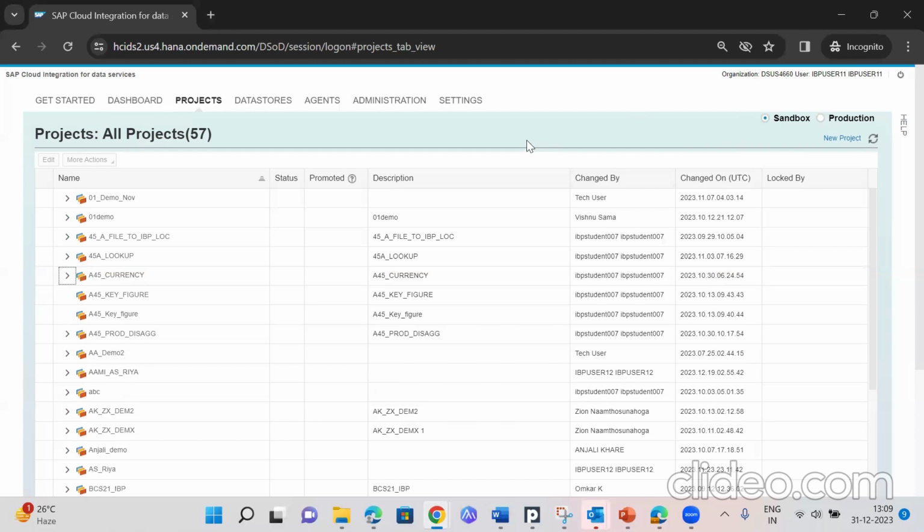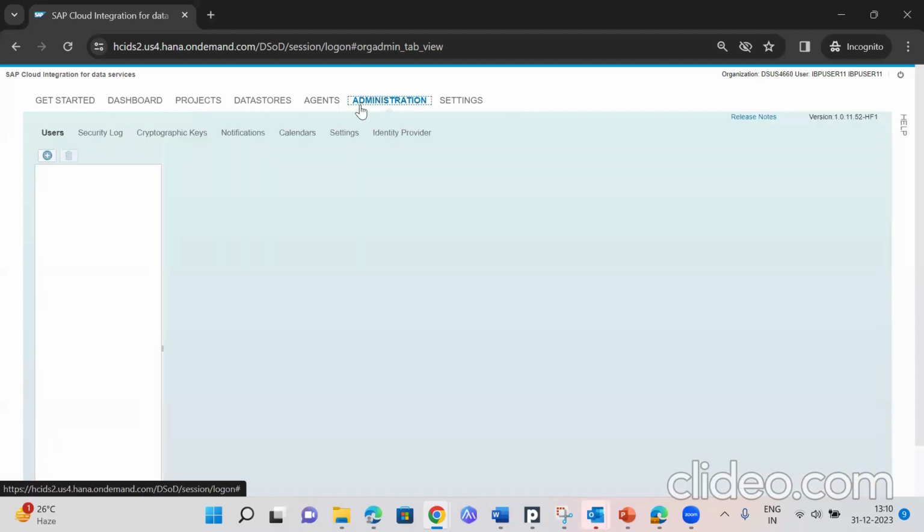So generally, to start with this CADS tool introduction, we can see here the 7 tiles, which starts with get started, dashboards, projects, data stores, agents, administrator, and settings. So these 7 tiles are common for all the CADS applications or front-end tool. But if you are a developer, when you have an authorization as a production operator or